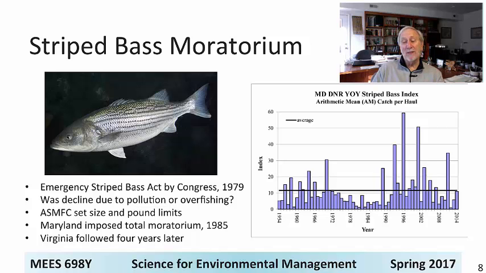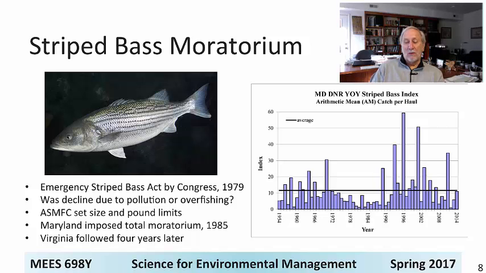Or was it simply due, not simply, but due to overfishing? The Atlantic States Marine Fisheries Commission set more restrictive limits, size and pound limits. And a controversy ensued as to whether that was sufficient or whether the decline had reached the point where an outright moratorium was required. Maryland scientists, including those at UMCES, were advocates through their analysis to show that something as drastic as this was